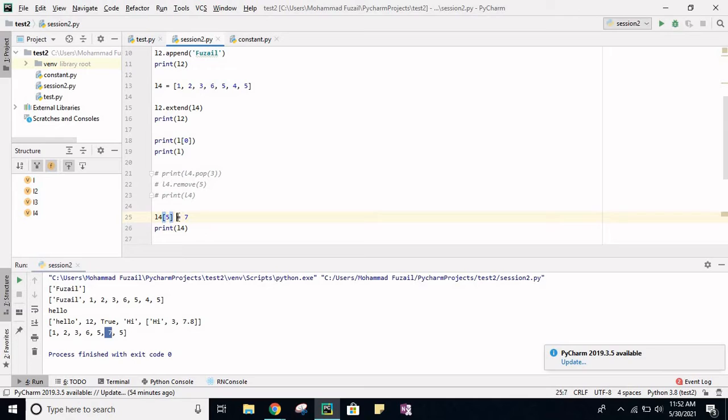I used this assignment operator and the index of that value. For 4 we had 5 as the index. So I said, get list L4, get the element at position 5 and assign the value 7. So it replaced the value 4 with 7. Clear?